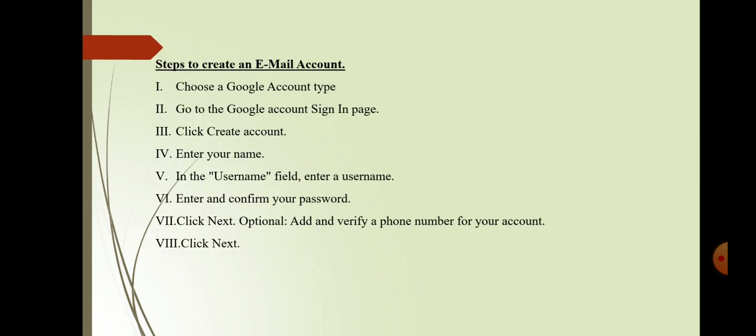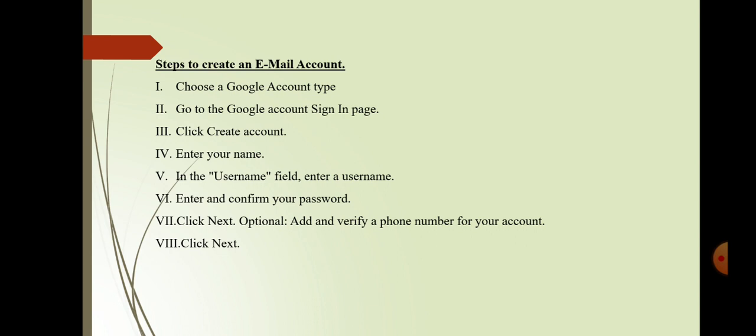Next, dear student, till now we understood what email is, what an email account is, email addresses, components, and the classification of email services, web-based or client-based. Now we need to understand how we create an email account.